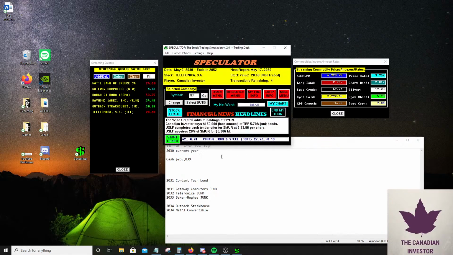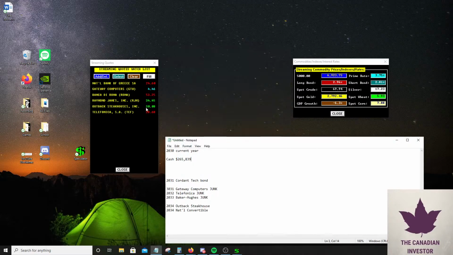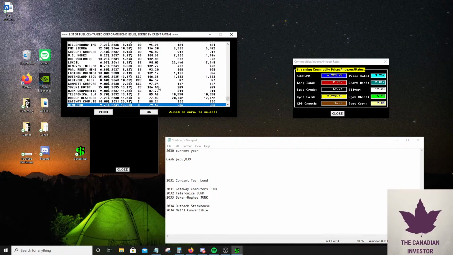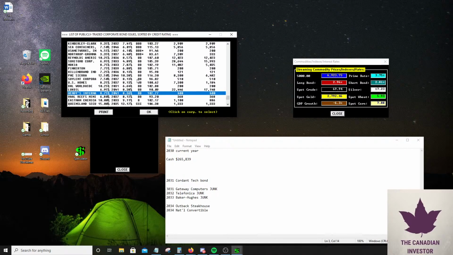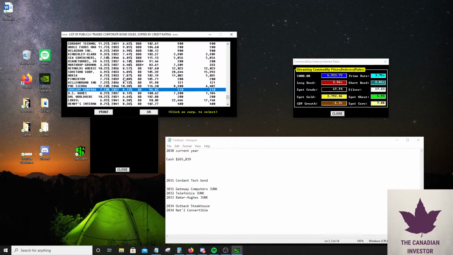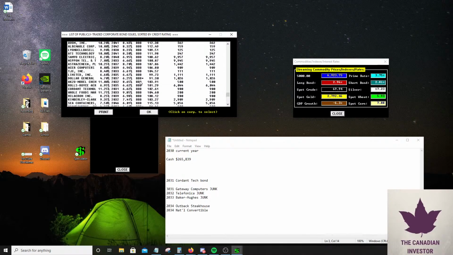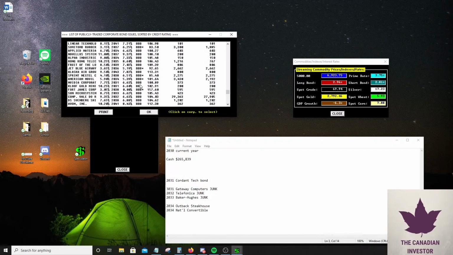And I'll probably look for some higher quality junk bonds that aren't CC, because all these companies are on the verge of bankruptcy. So maybe look for some Bs where they're more likely to pay you back. 2030, 2033 right here, 7%. We should also look for some more liquid bonds in general, like some that are due 2031 right here.